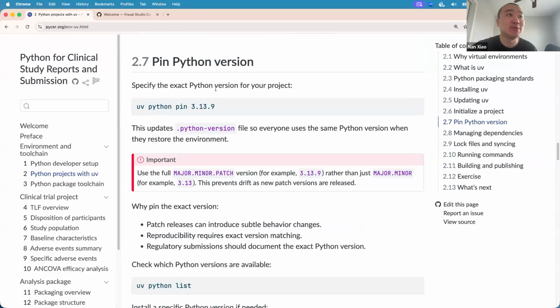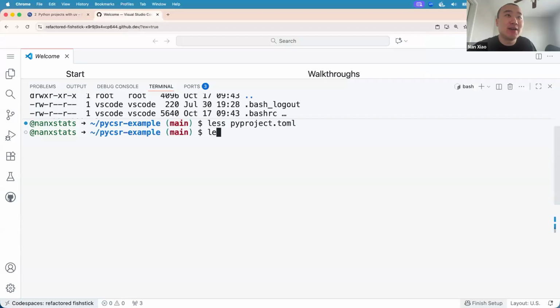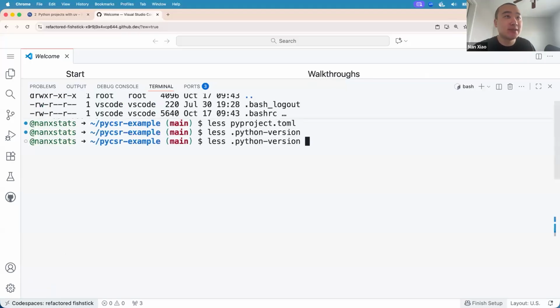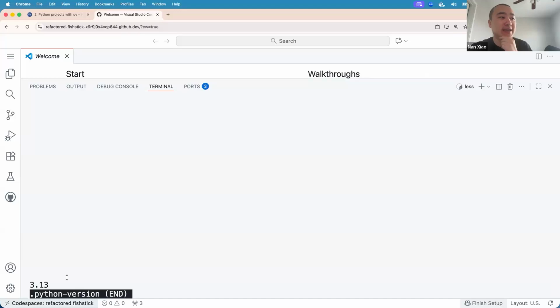And then you'll be able to see that there's another very interesting file called the Python version, right? This file records the exact Python version you want for your project. Although here, as we can see, the example only used a very x.y version. And in reality, depending on your project, you might want to specify the version a little bit more precisely, for example x.y.z, right? So the exact Python version can be used because if you only say 3.13, then anything from